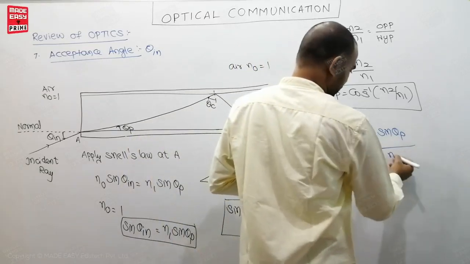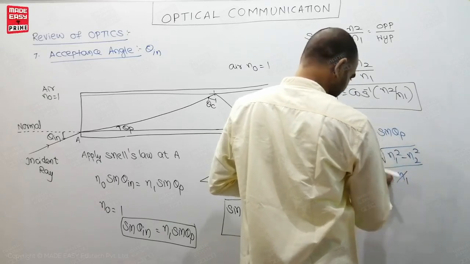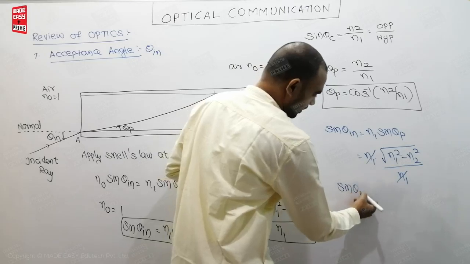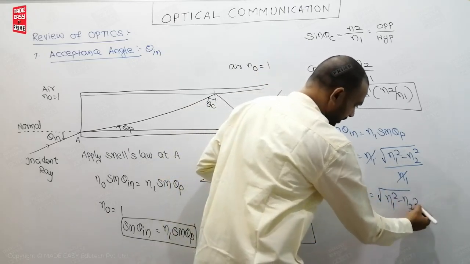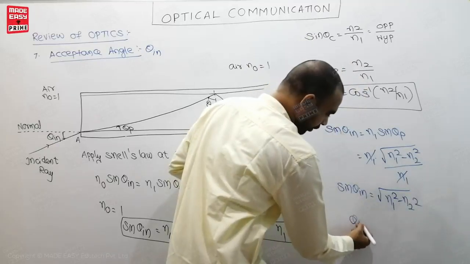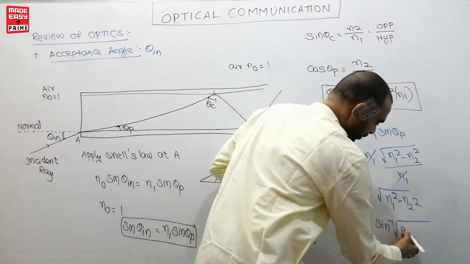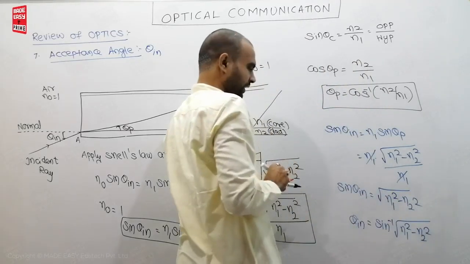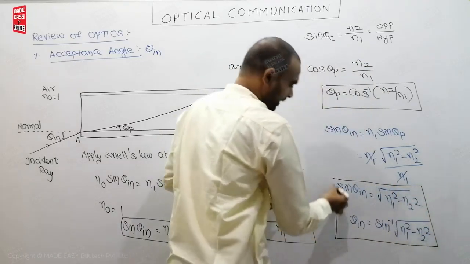Sine theta p is equal to under the root of n1 square minus n2 square divided by n1. So n1 will get cancelled out. So sine theta in is equal to under the root of n1 square minus n2 square, or theta in is going to be given as sine inverse under the root of n1 square minus n2 square is the value we are having. So this is what we said to be called as